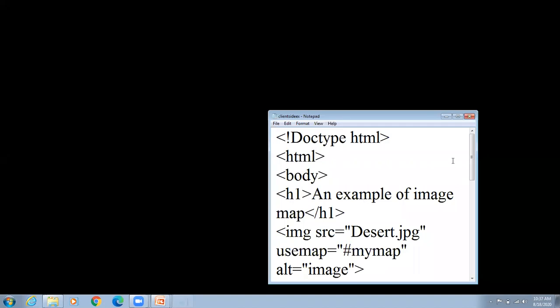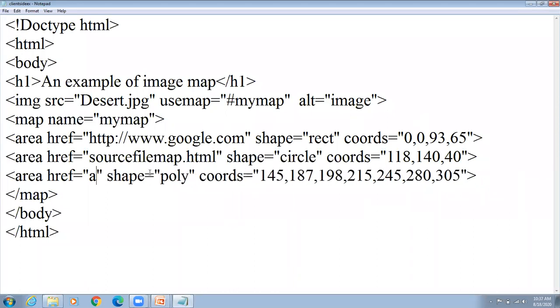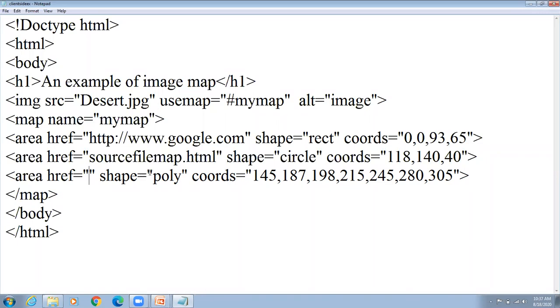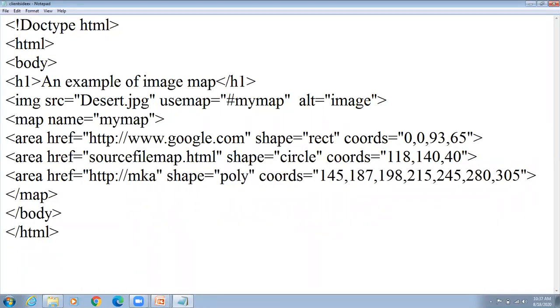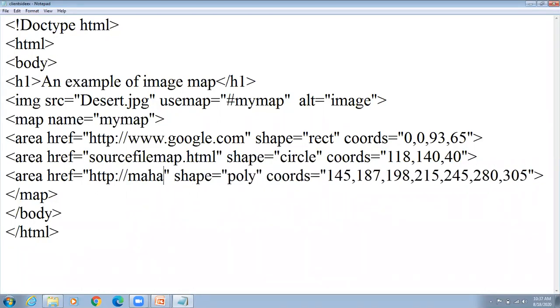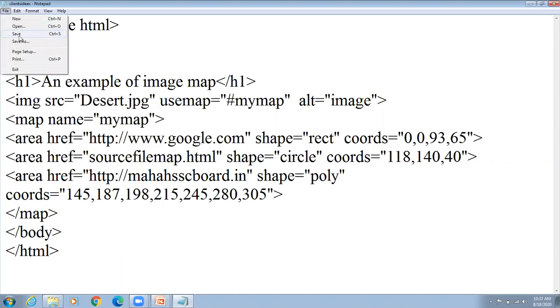And right here, instead of ABC, I will put the hypertext reference as some website name again. The website is http:// file, save.